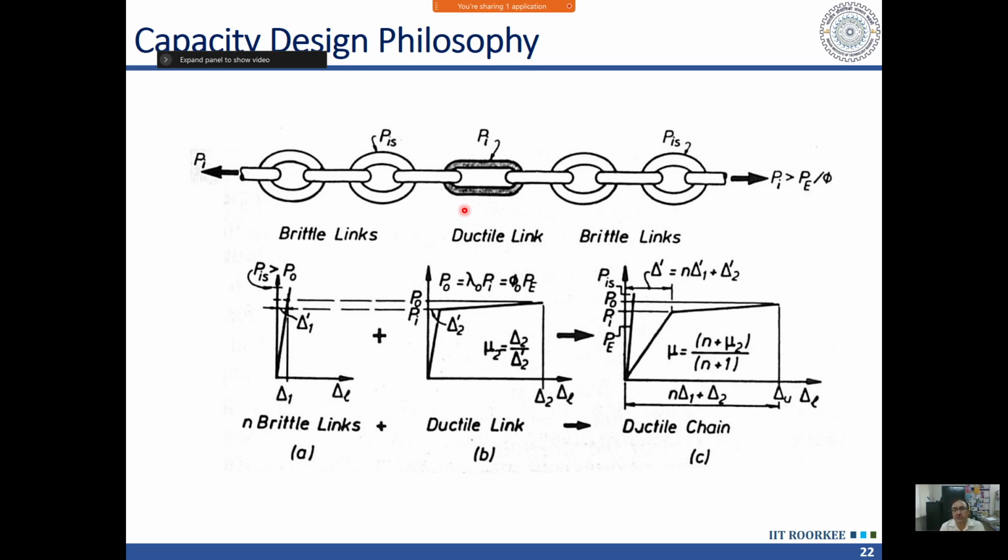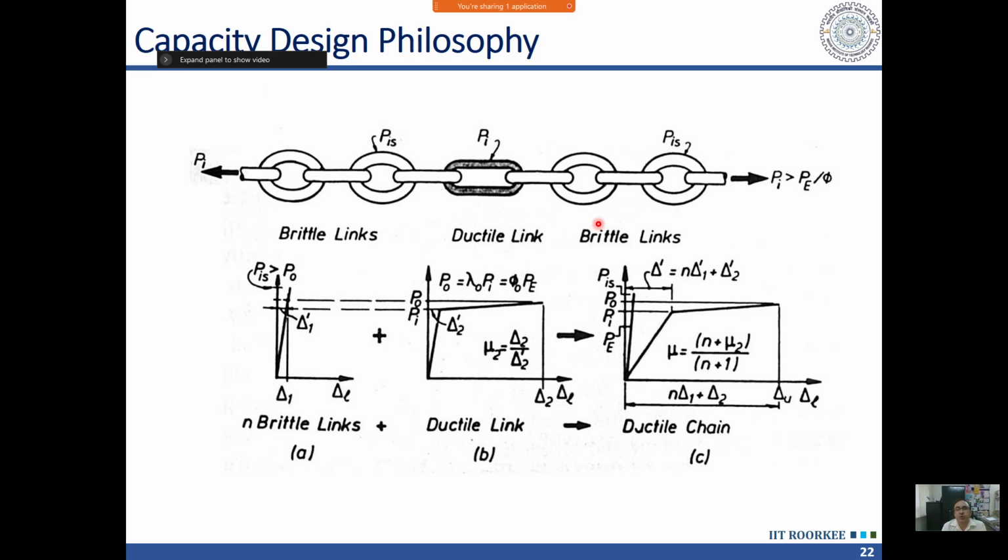Yes, we can. How? I have to only ensure that the strength of the brittle link is higher than the ductile link, so that if I go on increasing this force P, failure will occur somewhere. The question is where that failure is occurring. If that failure is occurring in the ductile link, then the failure will be ductile. What we see here is the combined failure, so it will be ductile. Otherwise, if the ductile link is stronger than the other links, then the other links are going to fail first, and in that case the failure of the whole chain is going to be brittle.